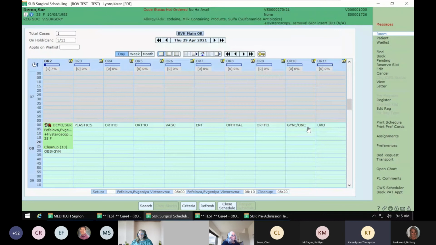So this is the RVH scheduler desktop. We have a patient here that we have already put into the system. To kick off the process, a pending appointment is entered by the surgeon's office. This puts the patient onto a surgeon-specific waitlist and opens an account with the Ontario Health for wait time data